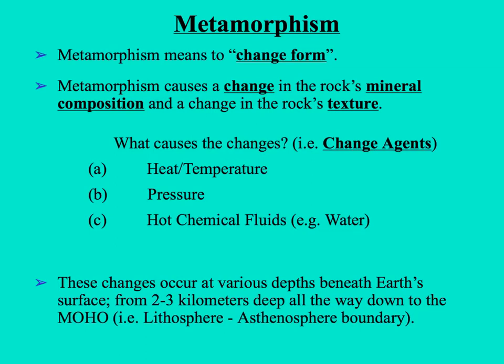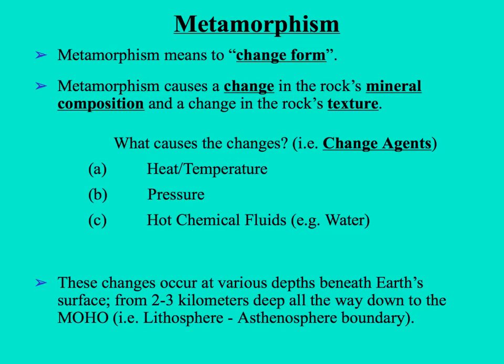The three things that cause the changes in metamorphic rocks, which we call change agents, are heat, pressure, and hot chemical fluids. And when I say hot chemical fluids, I'm talking about really, really scalding hot water. Typically, metamorphism occurs in the first layer of the Earth, which is the lithosphere. So it usually goes from slightly below the surface, around 2 kilometers down, all the way down to the Moho,